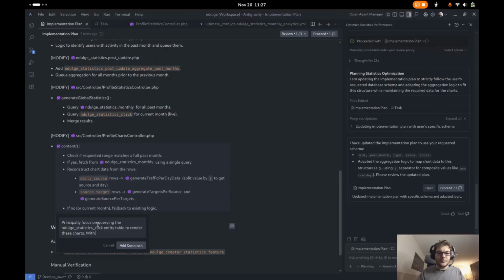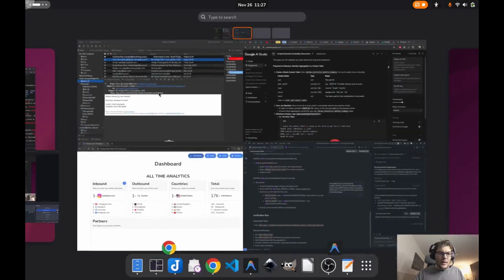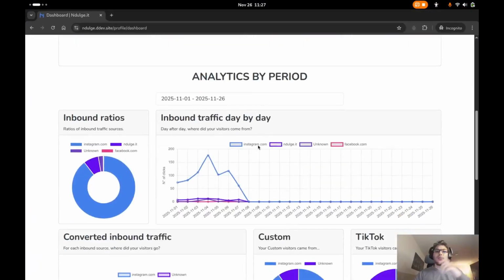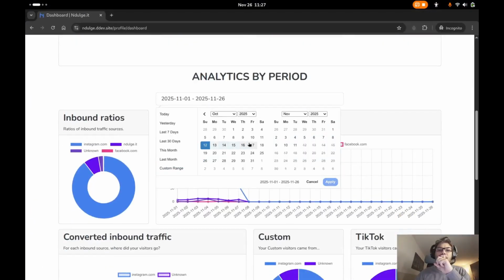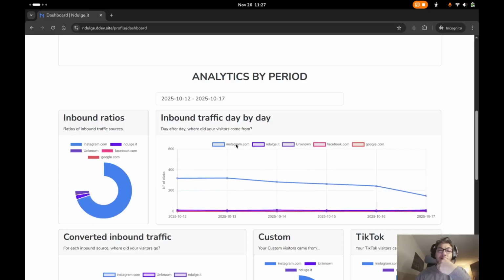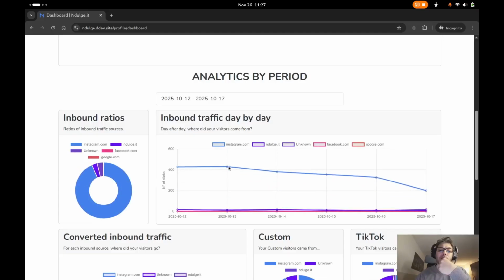Okay, I will show you because I think what it is trying to do is, for example, if I select this range it wants to store those data also in the aggregated table,